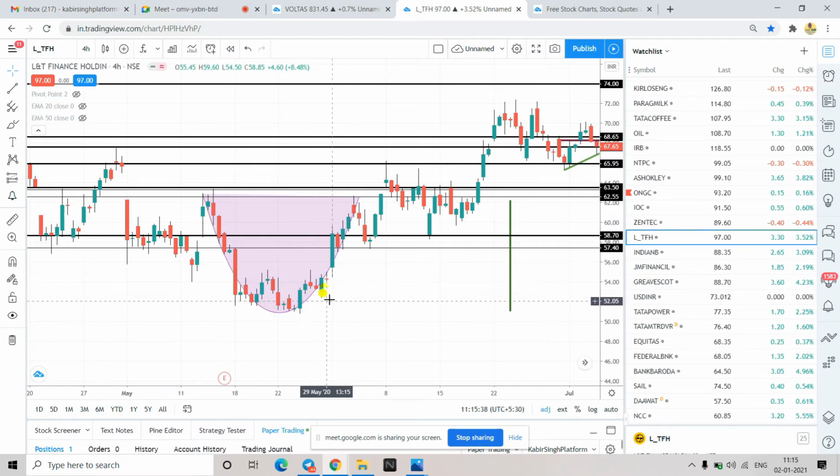And then again the price will go up, and this was the previous high from where the price rejected. Again from here the price will get rejected, and this time it will not fall all the way down, it will only fall a small amount. Just a small fall will come, and the next time it is rising, it will break this high. So this is a complete formation of a cup and handle pattern. This is the handle and this is the cup.